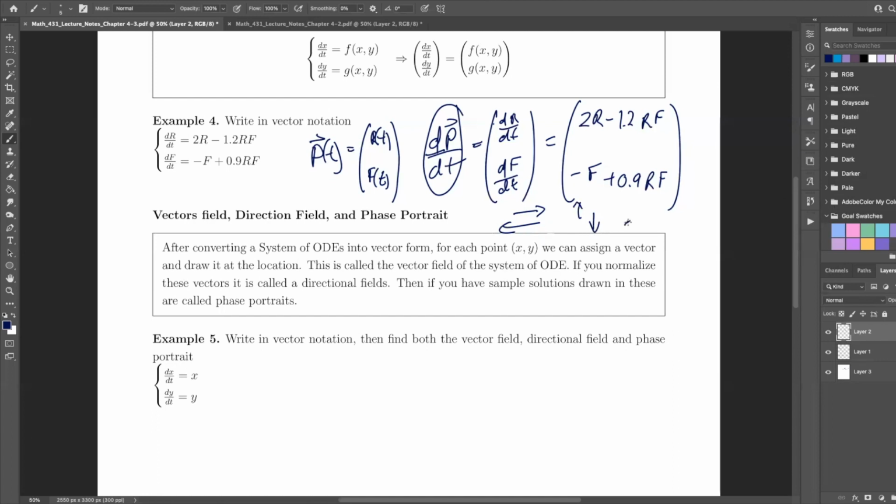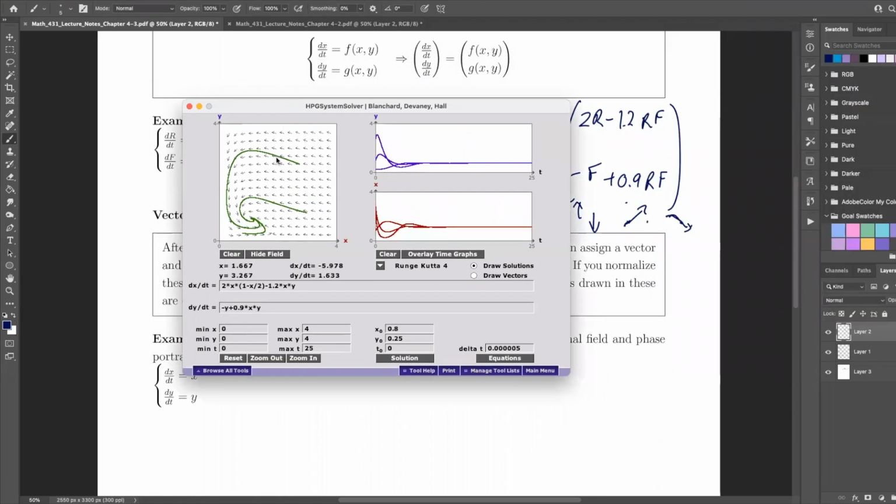So here, if I have some point of change, that means I'm going to increase both in rabbits and in foxes. Here means I'm going to increase in rabbits, but decrease in foxes. The way the vector points tells you where the solution is going, very much like what we've seen here. Let's clear this and watch this a little bit slower. So notice here, if I start here,